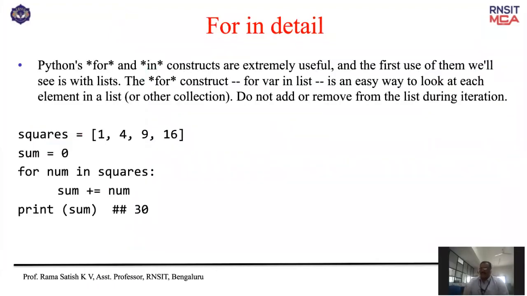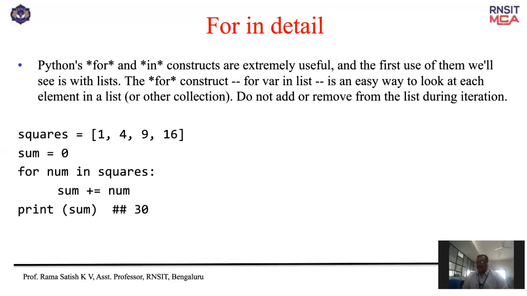Yesterday, we have created a list, and each element we want to access it. So what we did, we started using the list itself inside the for loop. Look at here, num in squares. So list is actually an iterator. Iterator means automatically it will supply one element by element to the looping statement. So that is what it is doing.